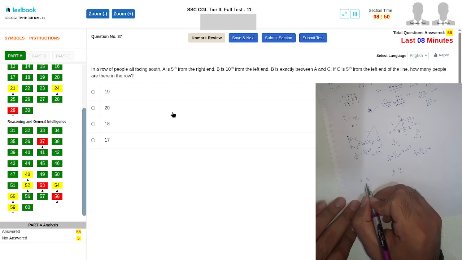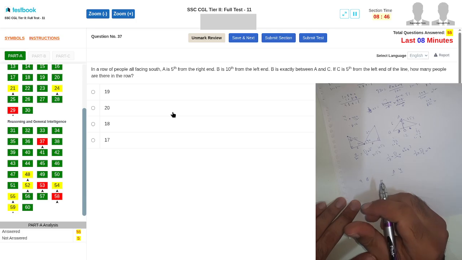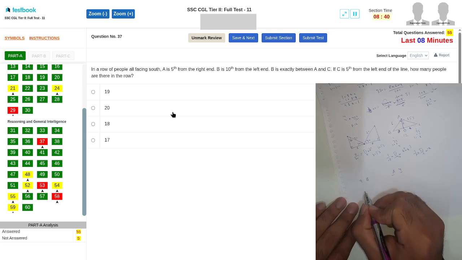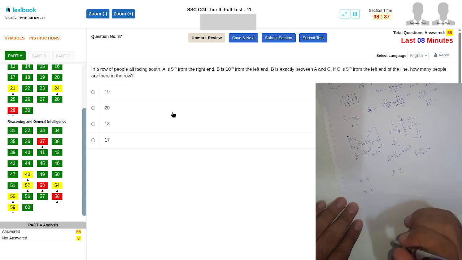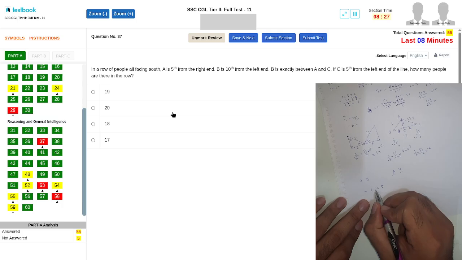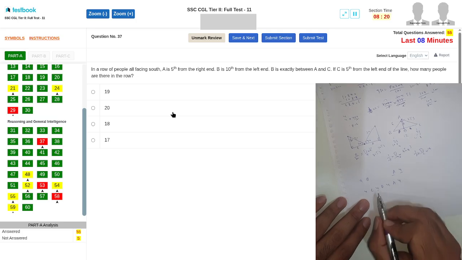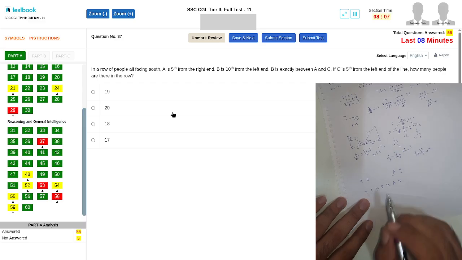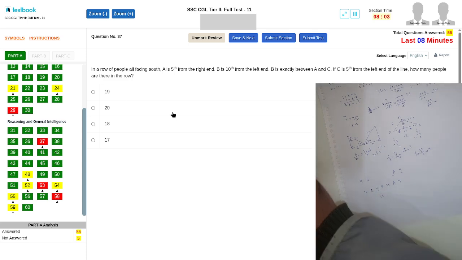B is exactly between A and C, अच्छा. ठीक है, C is fifth from the left hand, तो 4C, 5, 4B, ठीक है. 4 तो 4 E 4. 5th from the right hand, 10th from the left hand, ये और सी के बिल्कुल बीच में, ठीक है। हम निकाल देंगे 1 2 3 4, 16 प्लस 3, 19।